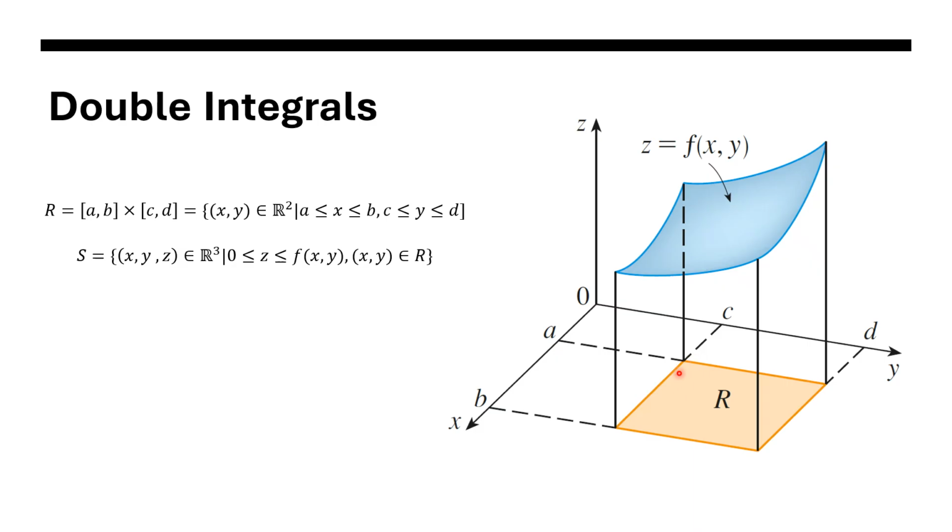At the same time, we are also going to make rectangles. So we are going to divide this side, the interval [c, d], into n subintervals. Since this is on the y-axis, each subinterval goes from y sub j minus 1 to y sub j, and its width is obtained by subtracting c from d and then dividing by n.